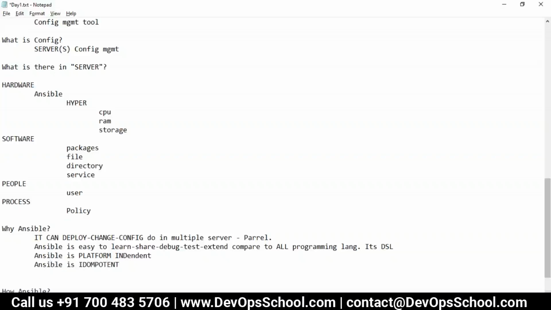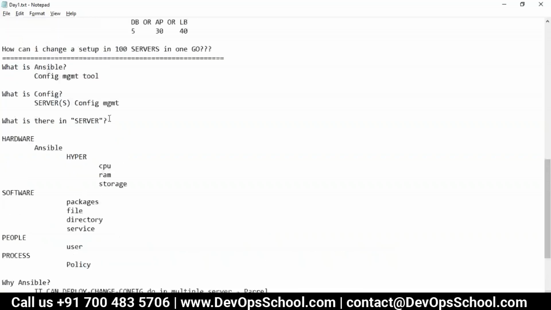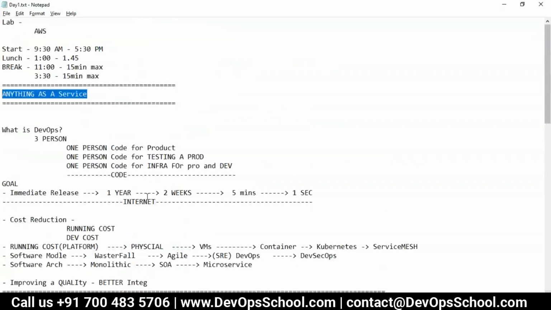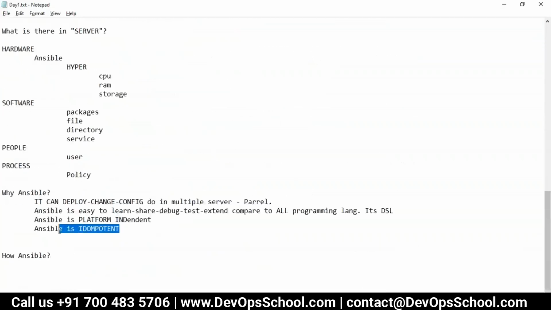Now you have to tell me what is idempotent. We have many engineers from anything-as-a-service backgrounds here, so you tell me what is idempotent. This feature is common nowadays in many tools actually. We can execute it n number of times and it will have the same configuration as it is. Right, yes, that's correct. What he's saying is, you execute Ansible 10 times, but the results will be the same.